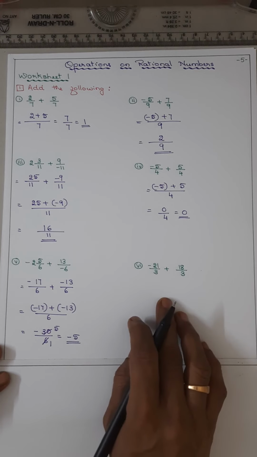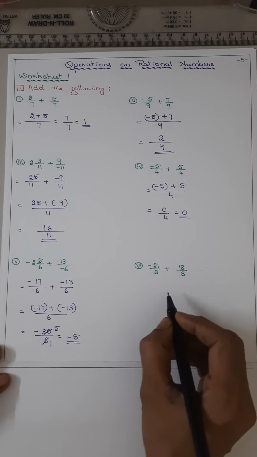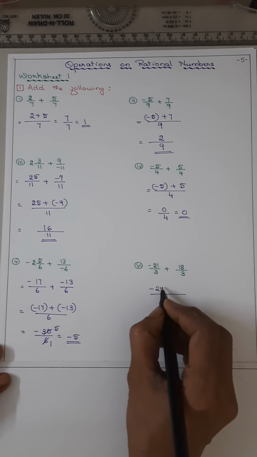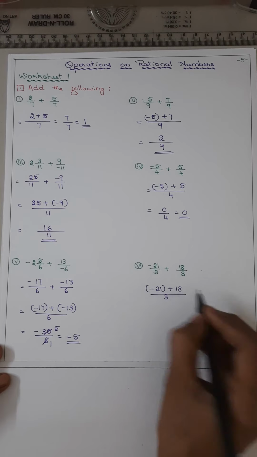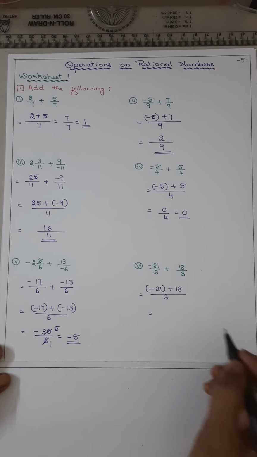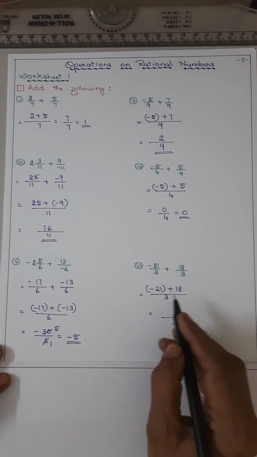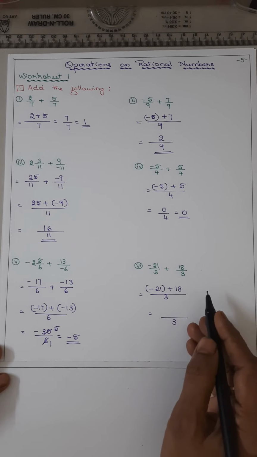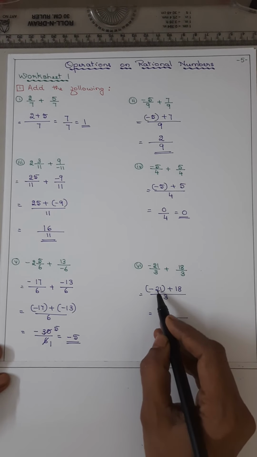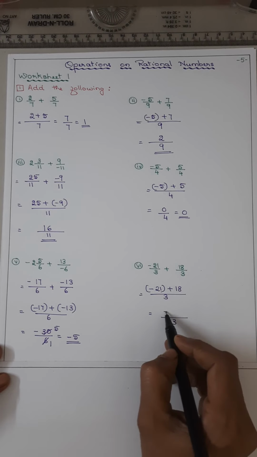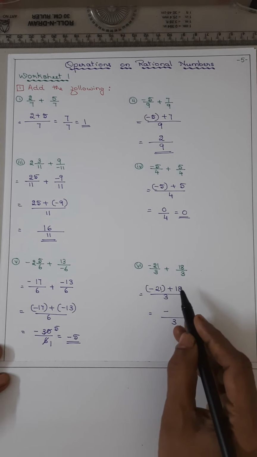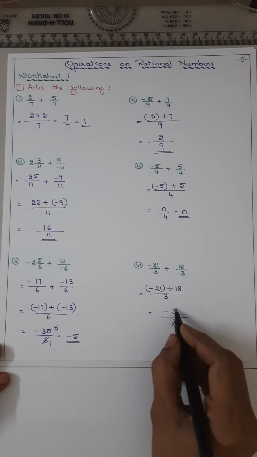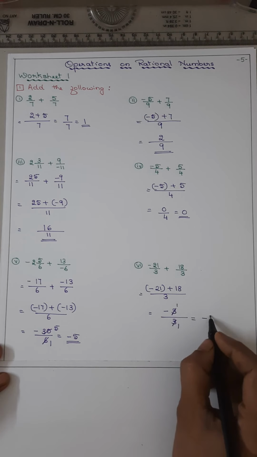Now the sixth subdivision, the denominator is 3, minus 21 plus 18. So it will be, denominator is 3, different sign, look for the difference, मतलब subtract करो. 21 बड़ा है, उसका साइन माइनस है. 21 minus 18 is 3. So 3 1s are 3, answer is minus 1.